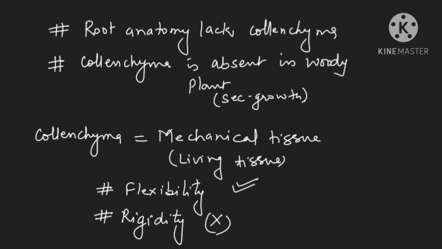and young plants which have not started secondary growth, your leaf, your flowers, are able to stand erect. And when the wind comes, they bend in the direction of the wind, but they never break because they have this, which is flexible. Understood? Now let us see one more thing: how many types of collenchyma are there.